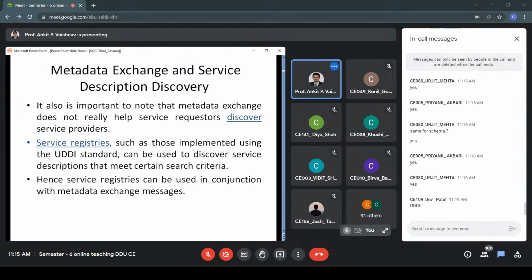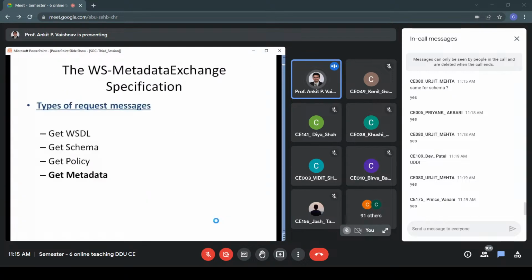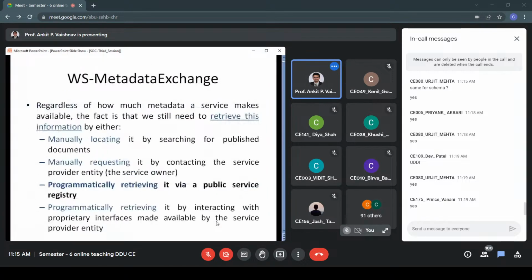Remember the full form. Now the question is where UDDI will come into the picture. Ideally, as we said, the third option is appropriate. Which was the third option? This one: programmatically retrieving via a public registry.